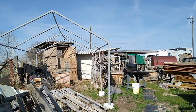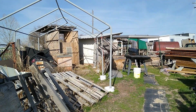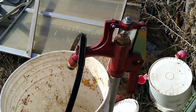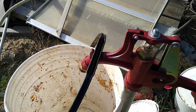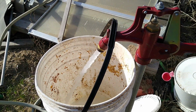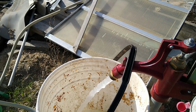I don't know that it'll freeze now, but I'm thinking about putting it on there so I can fill that bucket. I'll show you what Barton has out there. This faucet has been a real blessing. My son Bart and my grandson Colton put this in, and it's worked out real good for me. It's a better quality than the other one that I had, and this one